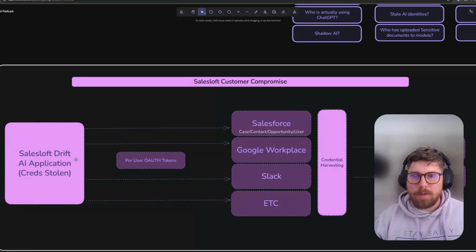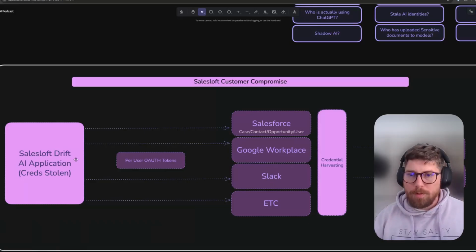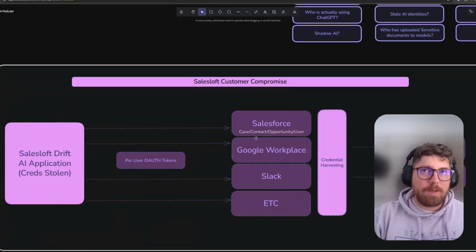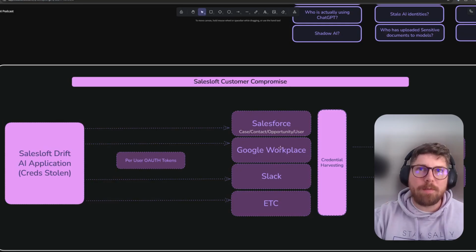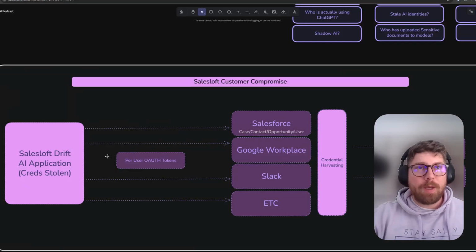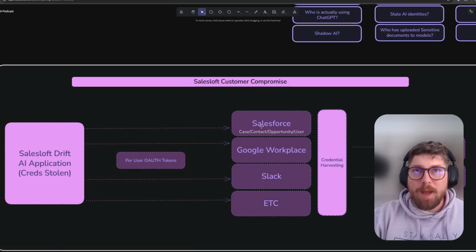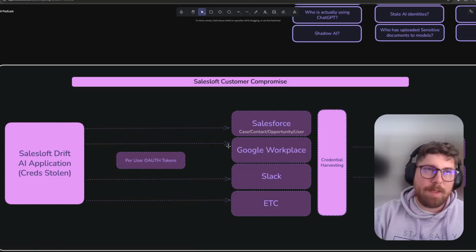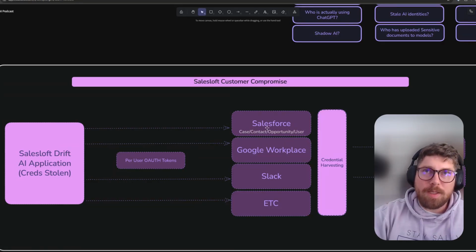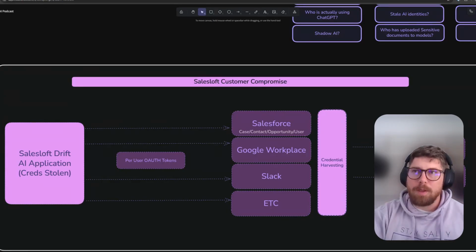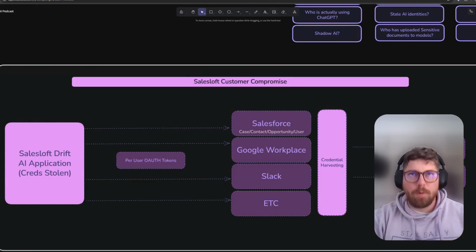And in that infrastructure, they were able to steal hundreds of OAuth tokens belonging to organizations that use SalesLoft to connect into Salesforce and a few other places like Google Workspace and Slack. The attacker was then able to use that OAuth token, connect into Salesforce with the credentials associated with the user who had set it up, and then steal a bunch of case data, which they were then using to do further credential harvesting, and then doing some post-exploit activity into various other places like Snowflake and AWS for those organizations.